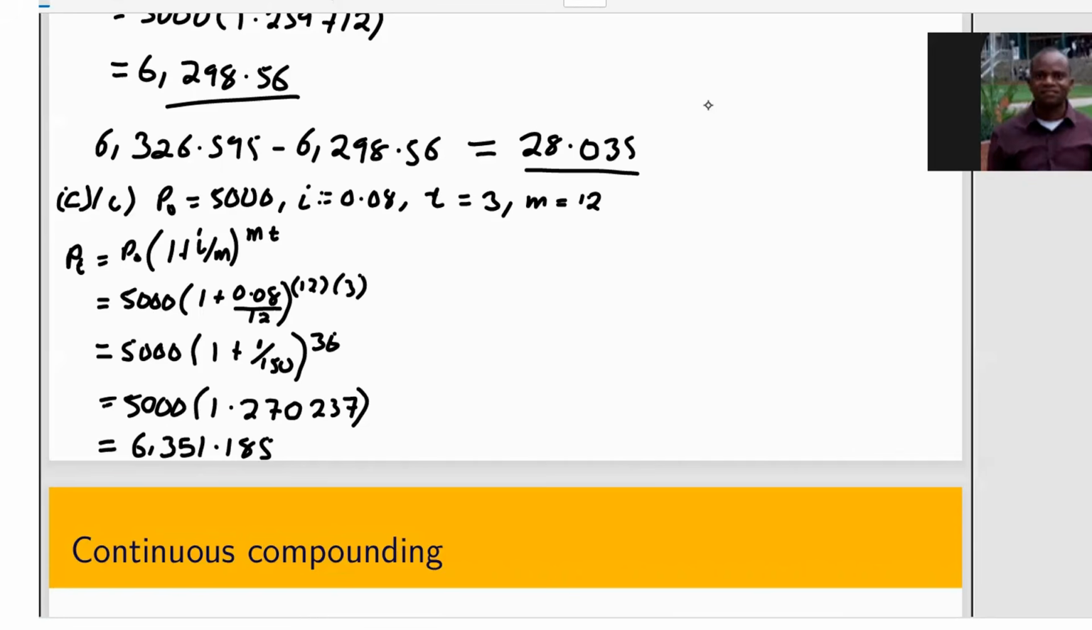Now, if you compare this value that we have obtained to the investment compounded annually, we notice that when the investment is compounded annually, we get 6,298. So what can we say? We conclude that there is a gain. What is that gain? We're going to get